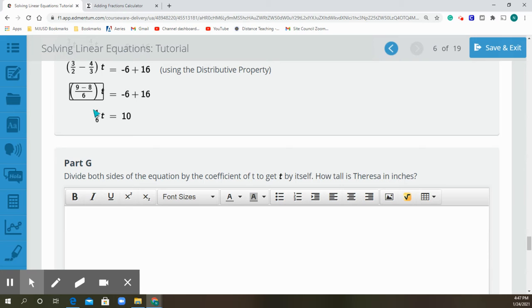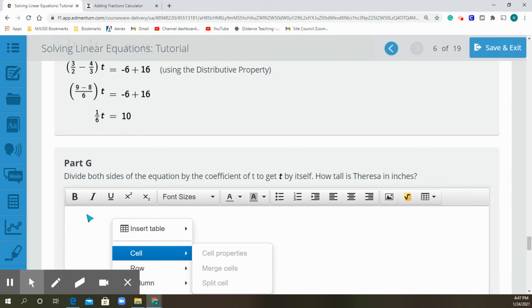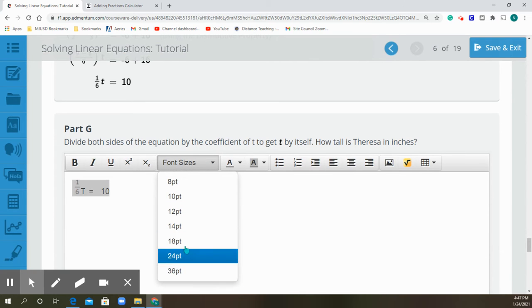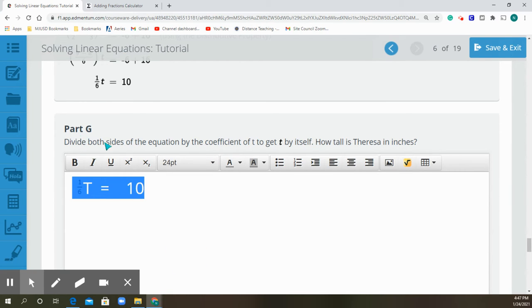Okay, so now we've got 1/6 t equals 10. Great. Now it's saying here, divide both sides of the equation by the coefficient to get t by itself. How tall is Teresa in inches? So